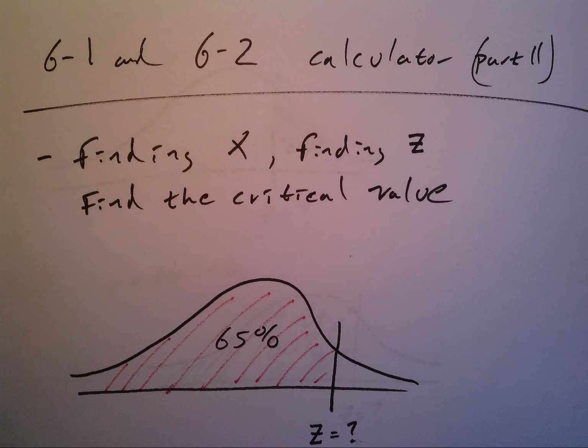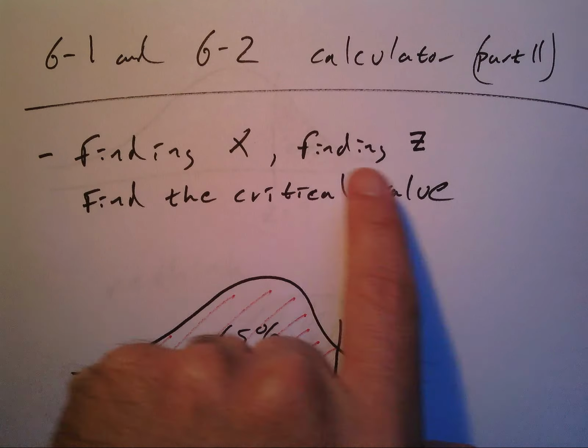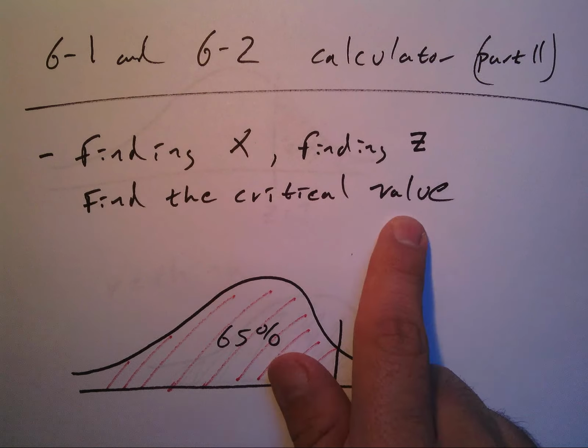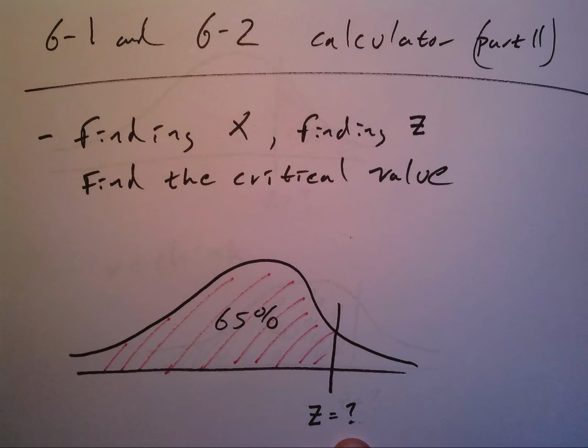Alright, this is 6162 calculator part 2, but this time we're using the calculator to find x, or find z. Really what we're doing is finding the critical value. Alright, so down here, we're trying to find z. We don't have z. We have the probability, we have the percentage, we have the area, but we don't have